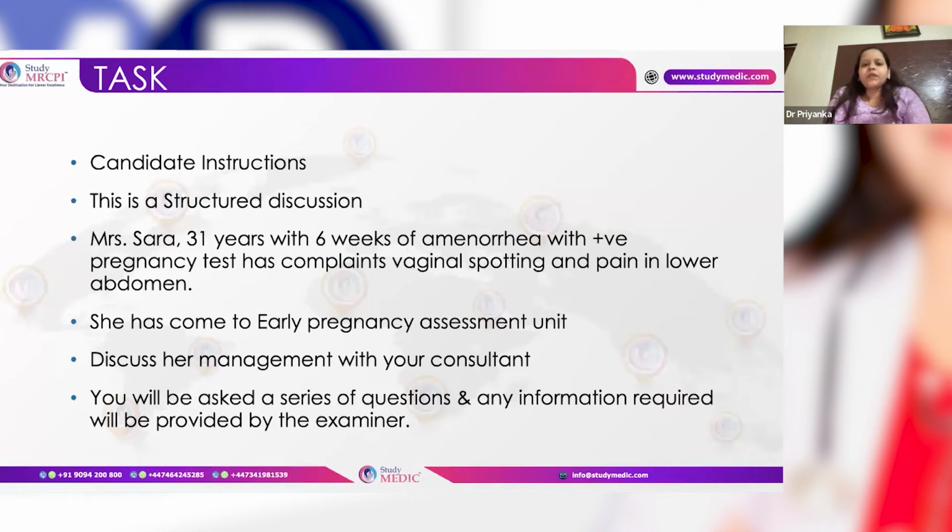We'll send the labs, that is the complete blood count, to know her hemoglobin levels. The type of surgery, whether it is a salpingectomy or salpingotomy, will depend upon the status of the tube in which the ectopic pregnancy is, and the contralateral tube. If the contralateral tube is healthy, salpingectomy is usually preferred. In her case there can be a risk, as she had PID, so the management will depend upon the contralateral tube status.